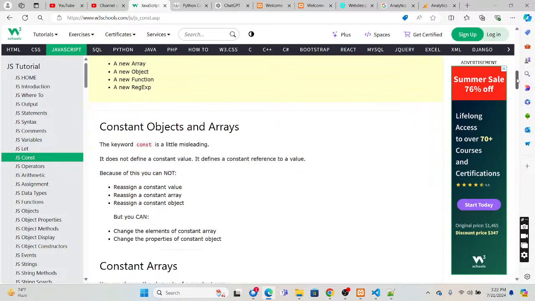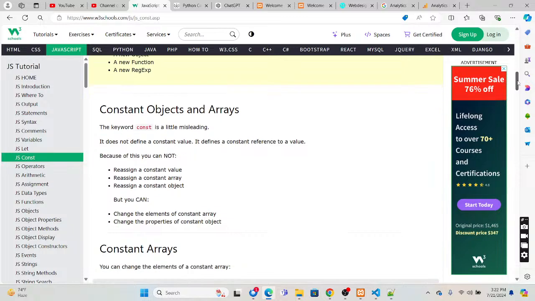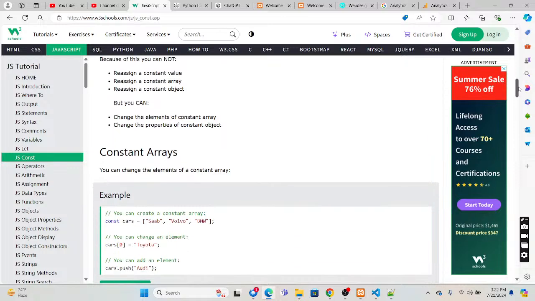Constant objects and constant arrays. The name is a little misleading. It does not define a constant value. It defines a constant reference. Because of this, you cannot reassign a constant array or a constant object. But you can change the elements of a constant array.